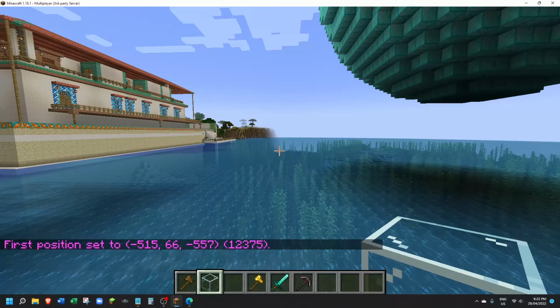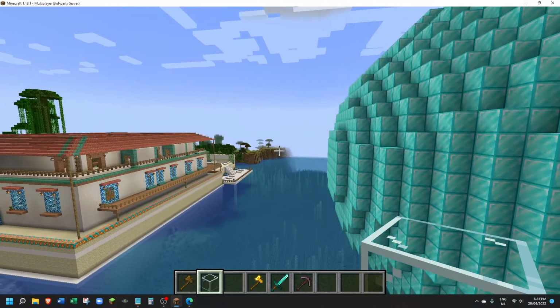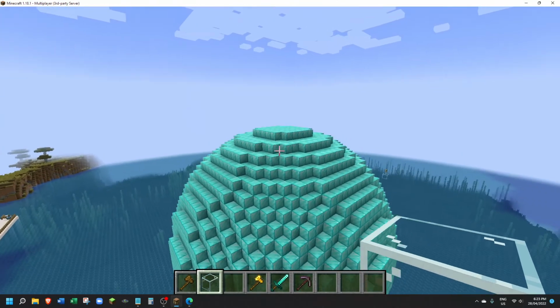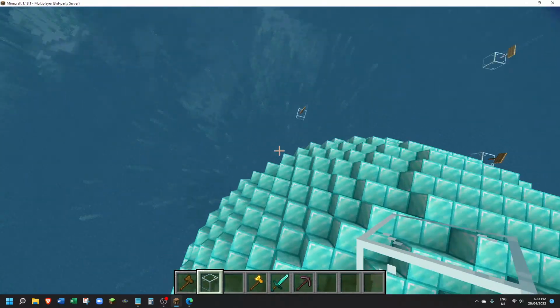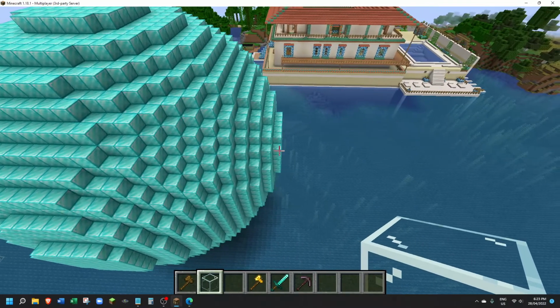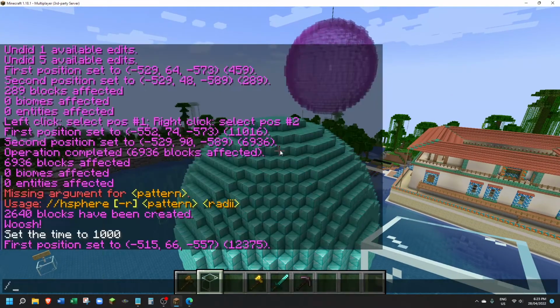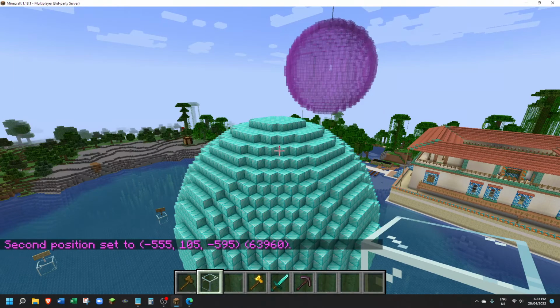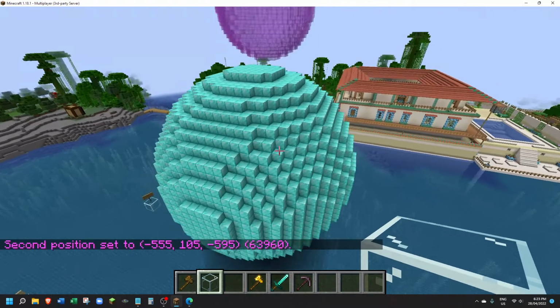Now if you imagine we're about to create a selection area that's a huge cube. So to do the next selection, we must fly up to the top and over to the opposite corner, making sure we are above the sphere, and make sure we are past that edge of the sphere and past that edge of the sphere, and we're above it, //pos2. Now, what we have just done is selected a ginormous cube,